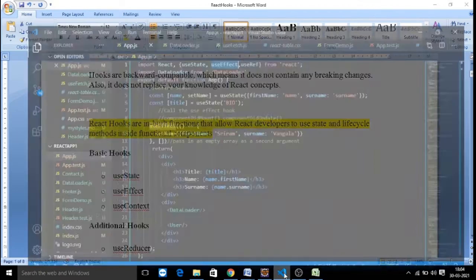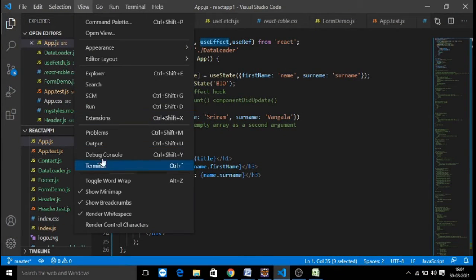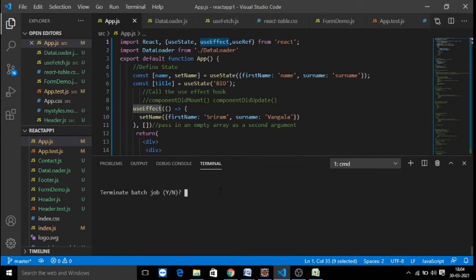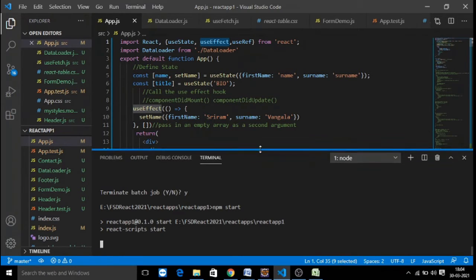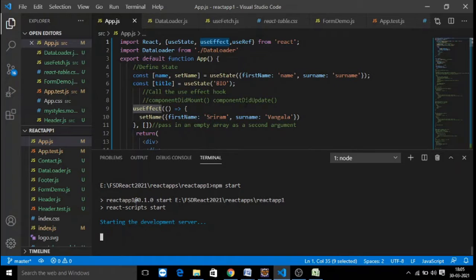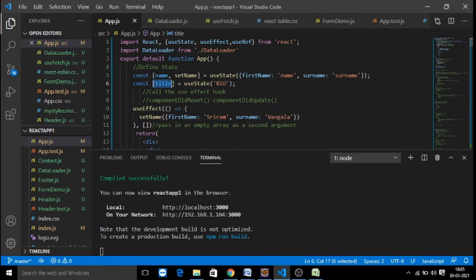So let's start our application. First we would like to check the first name and surname values of the component, and also we have another attribute called title.